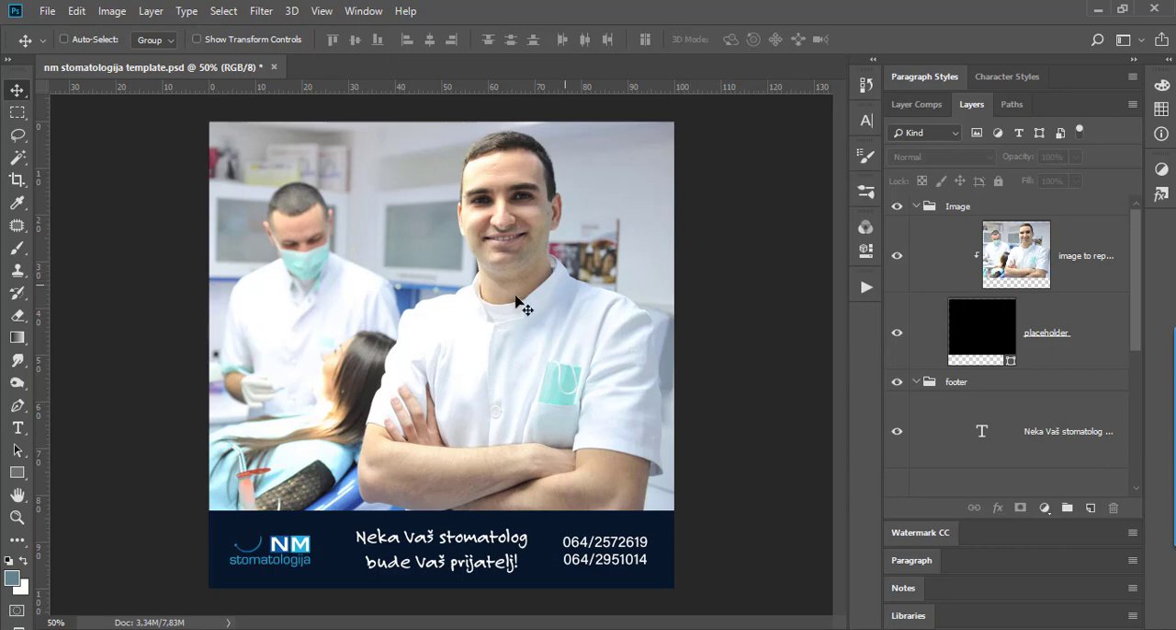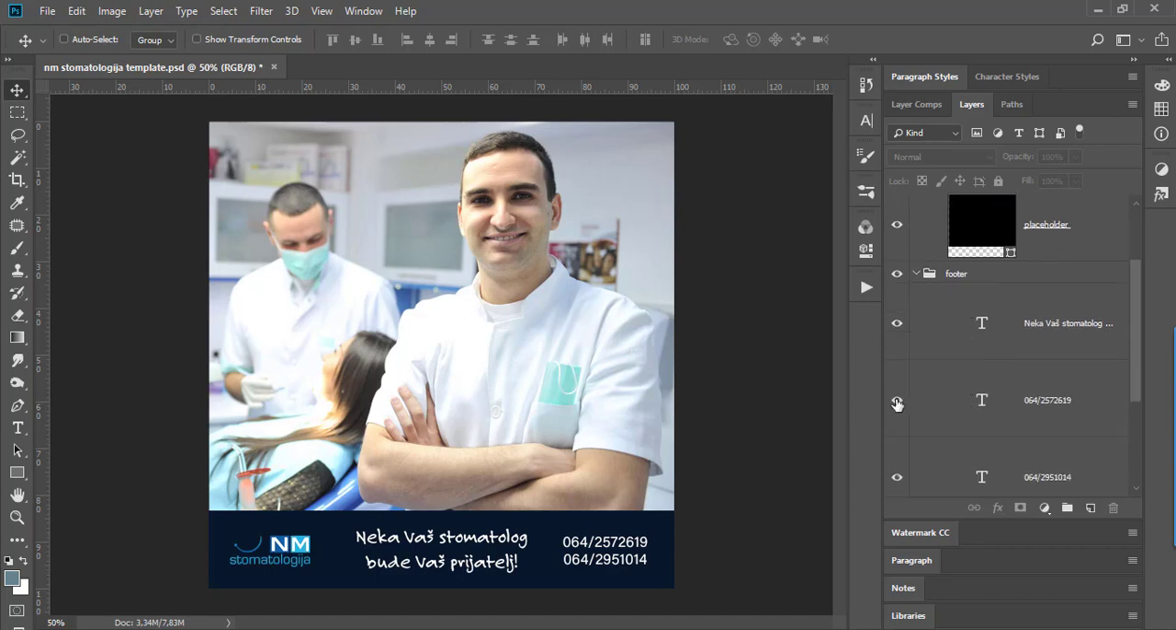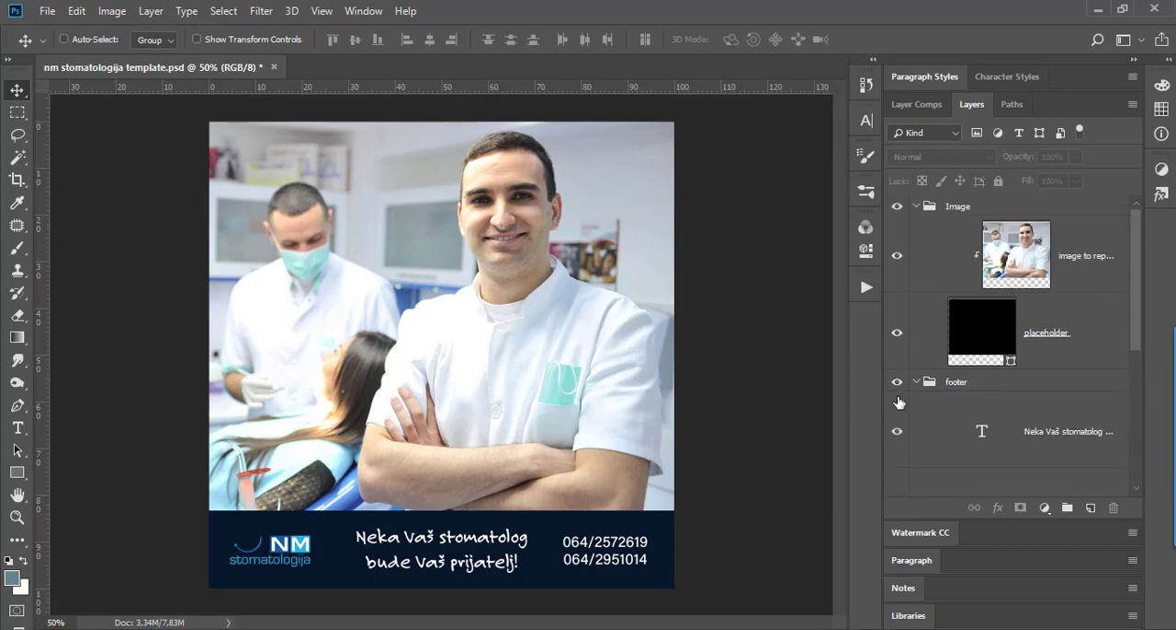The first step is to create design or layout. Usually design or layout have static elements which never change and elements which need a replacement. The second step in this process is to convert layer or layers with elements which need replacement to smart object